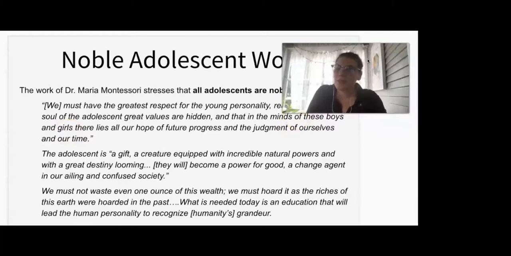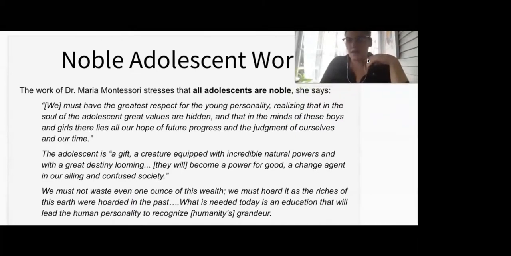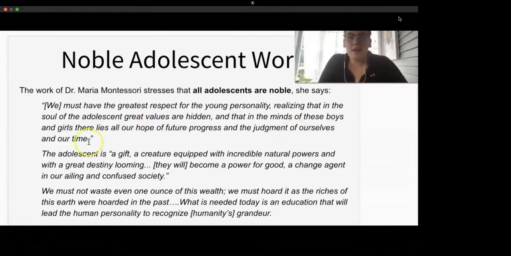So that's the reason we have one of the main parts of our school day, this noble adolescent work. Montessori, this comes right out of Montessori pedagogy, stresses that all adolescents are noble. She says, we must have the greatest respect for the young personality, realizing that in the soul of the adolescent, great values are hidden. And that in the minds of these boys and girls and all students, in this time and place, there lies all our hope of future progress and the judgment of ourselves and our